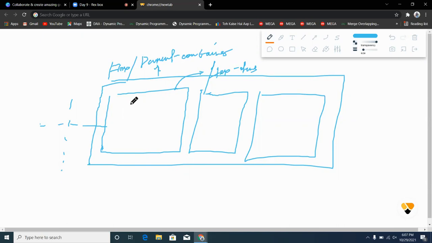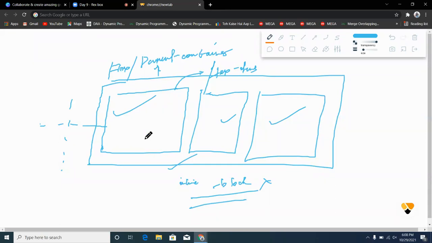So we have all the elements and we want to arrange them in a row-wise manner. Inline block also provides this property, but it does not provide other properties. Flex provides a bunch of properties apart from this, and we will be exploring that part of flex.